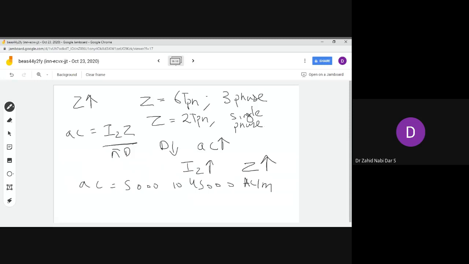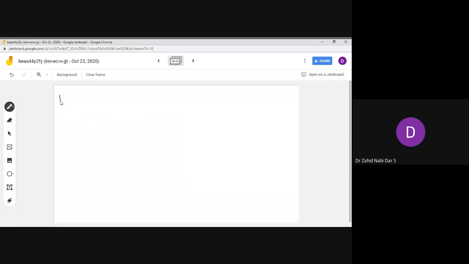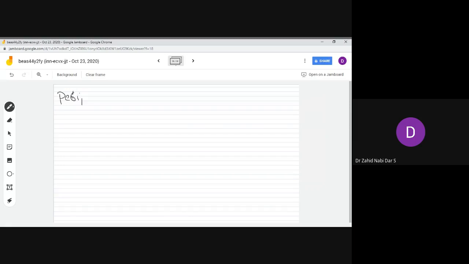Now we are seeing there is a rotatory machine. So the machine is rotating with some speed, and this speed is known as peripheral speed. So this peripheral speed depends upon your pi, your diameter, and your ns. Okay, so this is the speed with which the machine is moving, pi D ns. This is the peripheral speed. The distance covered by the machine per unit time is known as its peripheral speed.